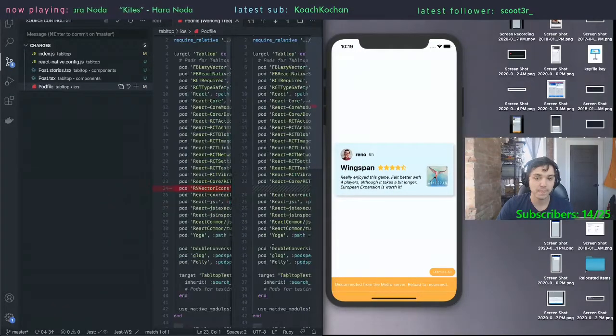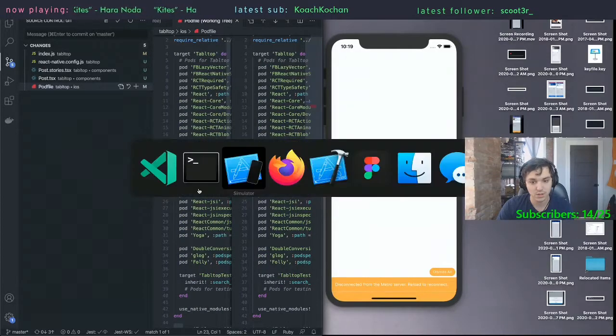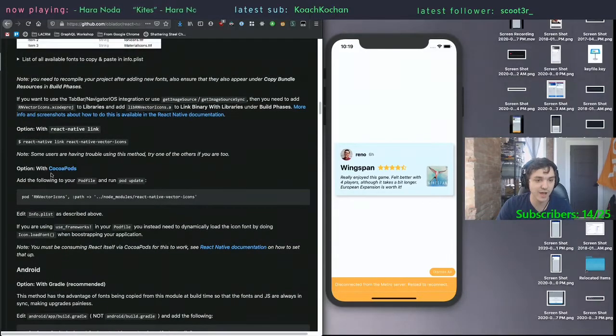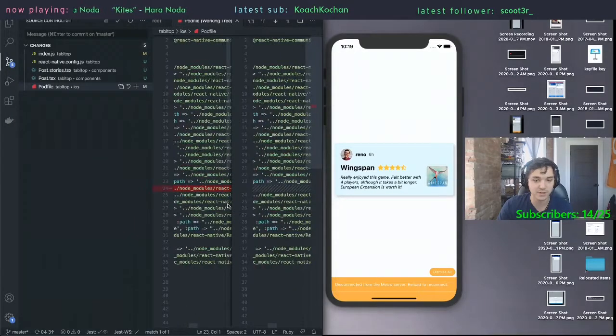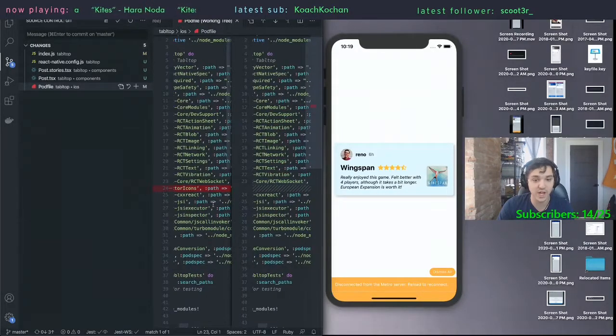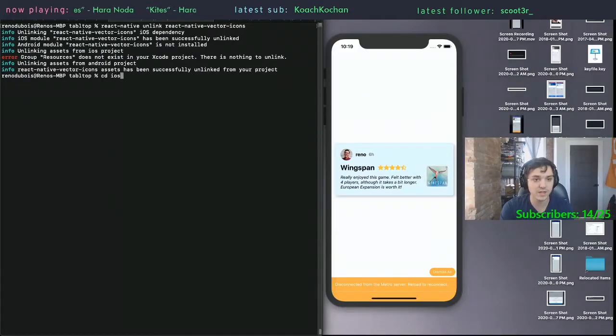And it's removing it from the pod file, which also isn't correct, right? Like, I don't think this helps. Because if we look at the React Native icons page, the option with CocoaPods says you need to add the following to your pod file and run pod update. Which is literally what this line is. So if we cd into iOS,